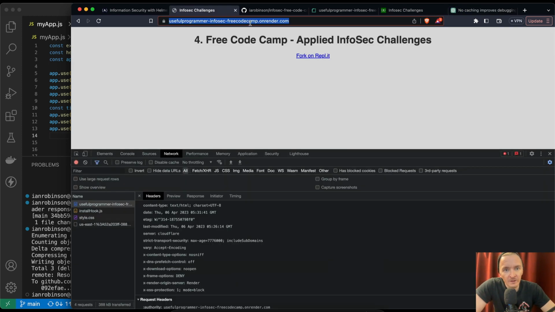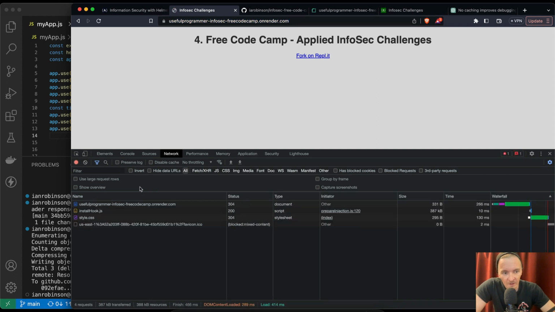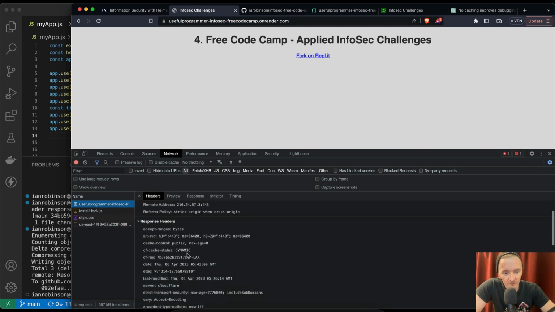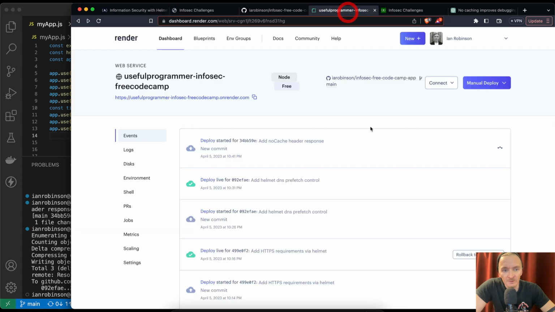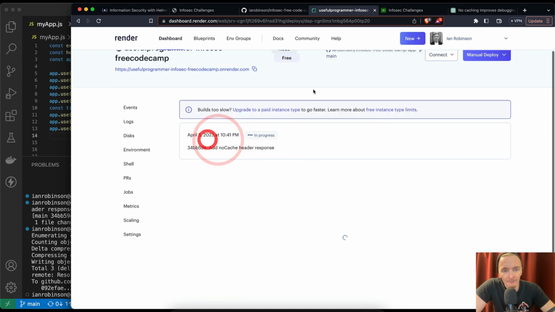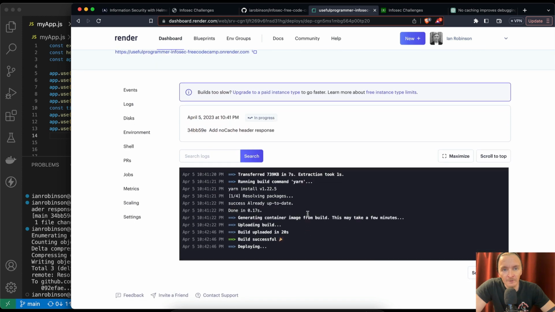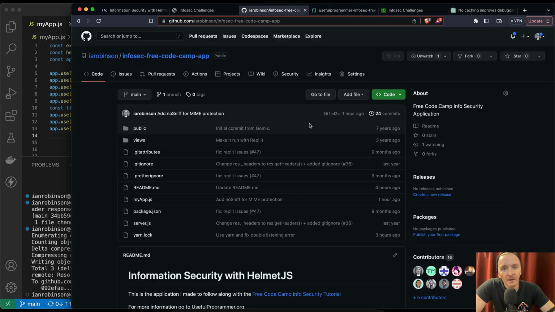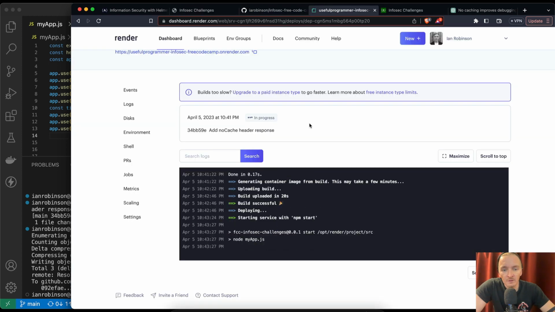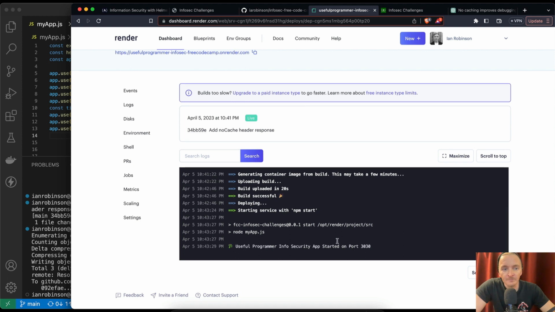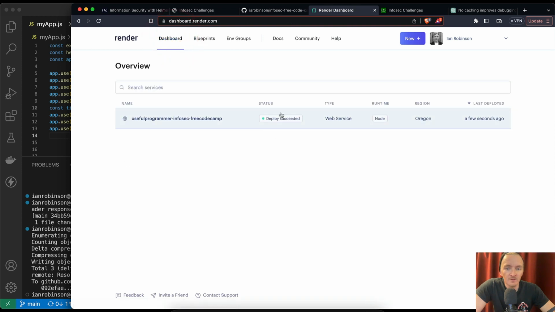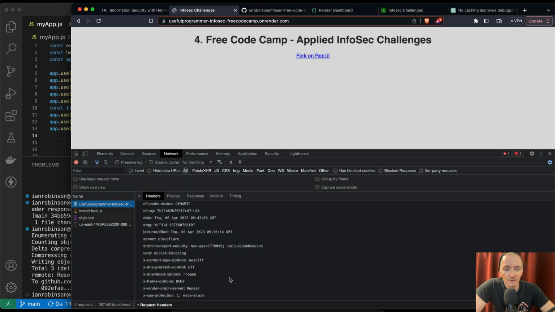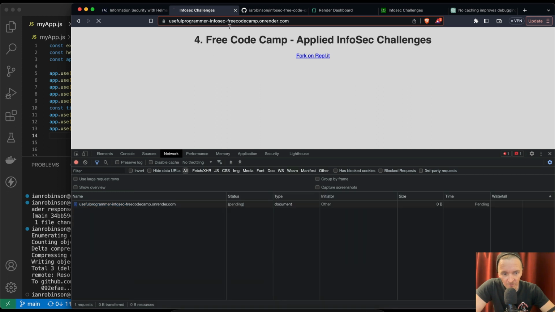If we look into our deployed environment, we refresh it. Do we see Pragma? Not yet. Okay, so what does that mean? That means it's probably still deploying. Yeah, the deploy started, it's still deploying. Okay, cool. And in our local environment, oh, I just saw it move. Starting server, npm start, looks like it's done. Yeah, if we go to the dashboard, deploy succeeded. So where there was no Pragma here in our deployed environment,